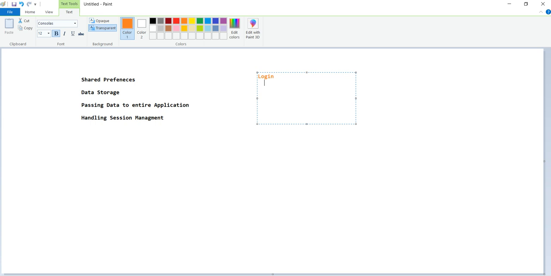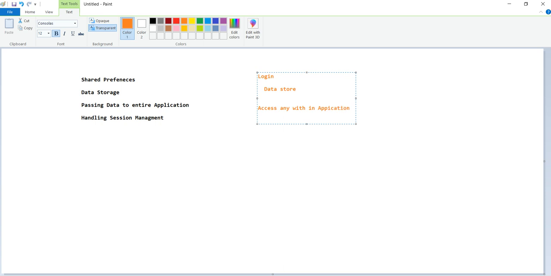Because of that, after login we may store some data in the data store using shade preferences. Once the data is stored, I can access it anywhere within the entire application.